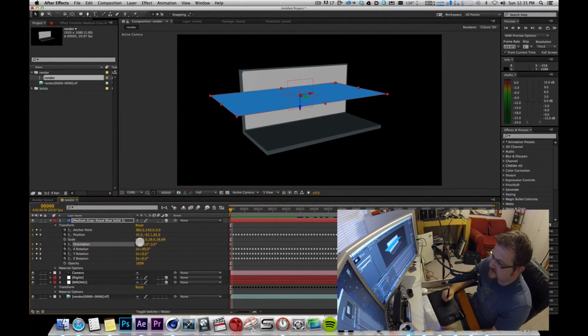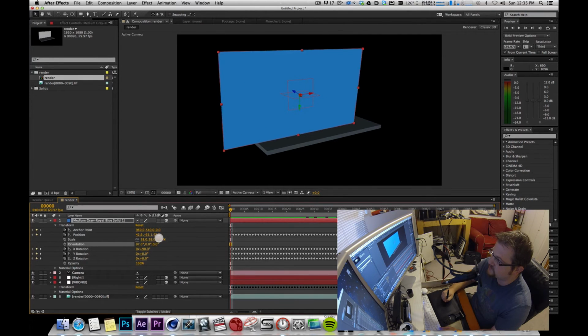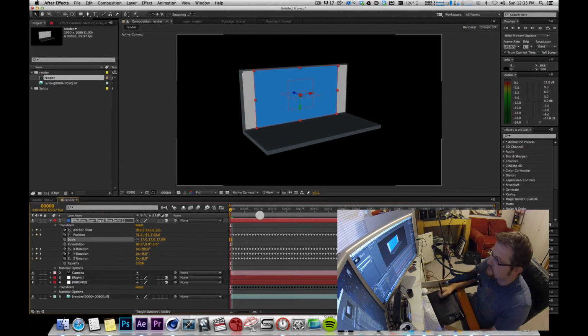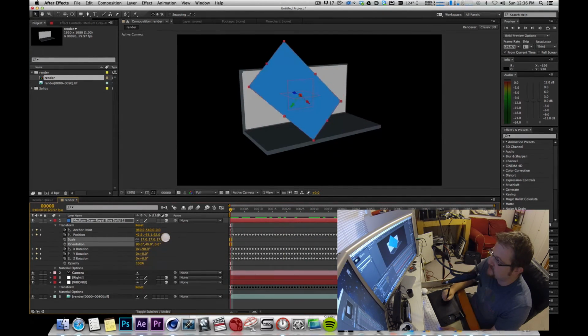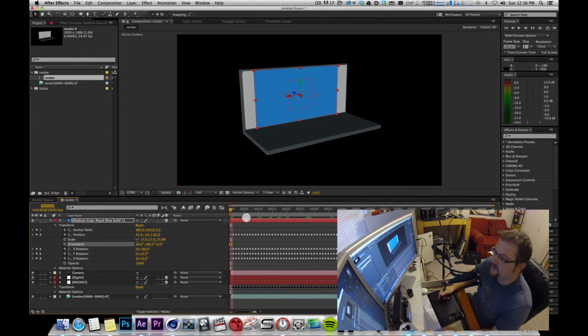Then in orientation, you figure, oh, okay, well, I'll just change the orientation, because that's not changing. They're all set to 0, and you could use this as your parameter to change and line this up. So under orientation, if you turn this to 90 degrees, maybe scale it. Oh, look, that screen matches up, right? Wrong. Watch what happens now if I scroll through my timeline. Now we start to run into other problems. It's like, okay, well, maybe I can turn it this way, and maybe it will work now. No, same problem. And this is all because you have to plan ahead, and you have to make sure your